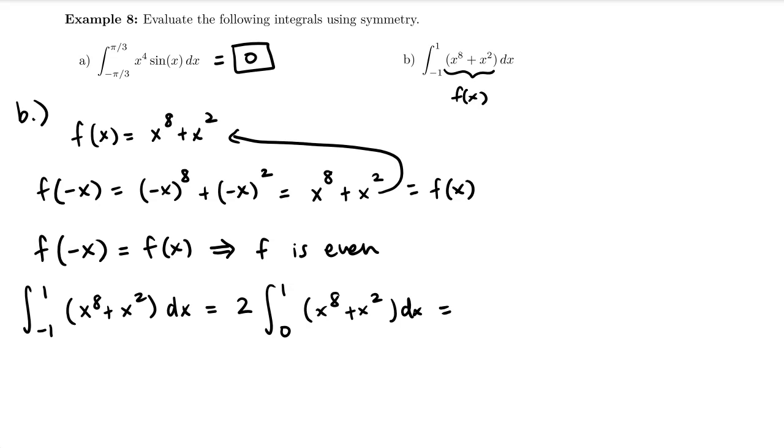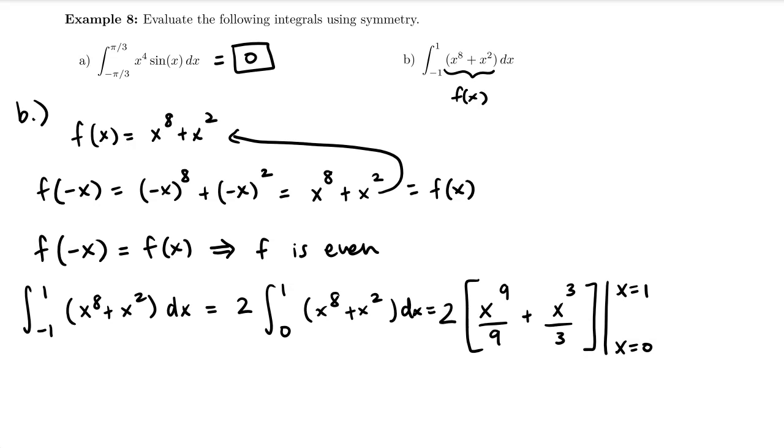So let's take the antiderivative of x to the 8th. That's going to be x to the 9th over 9 plus, and then for x squared, I want to increase the power by 1 and then divide by that new power. So don't forget your brackets or parentheses. And we're evaluating this thing from x equals 0 to x equals 1. And then also don't forget that 2 out front. So now our upper limit of integration is 1. So I have 1 to the 9th power over 9 plus 1 to the 3rd power over 3